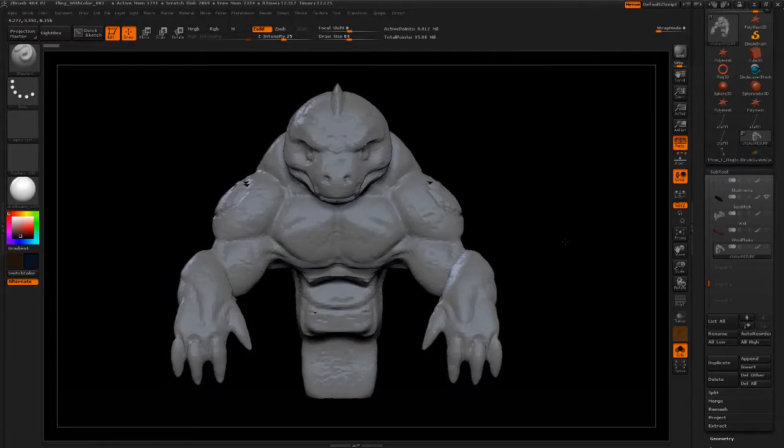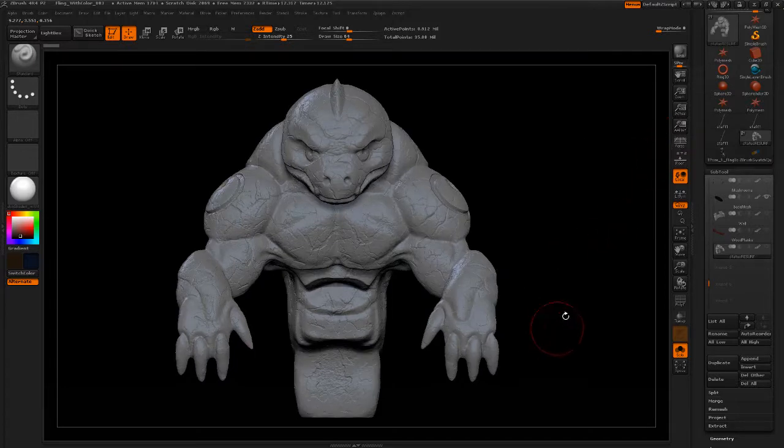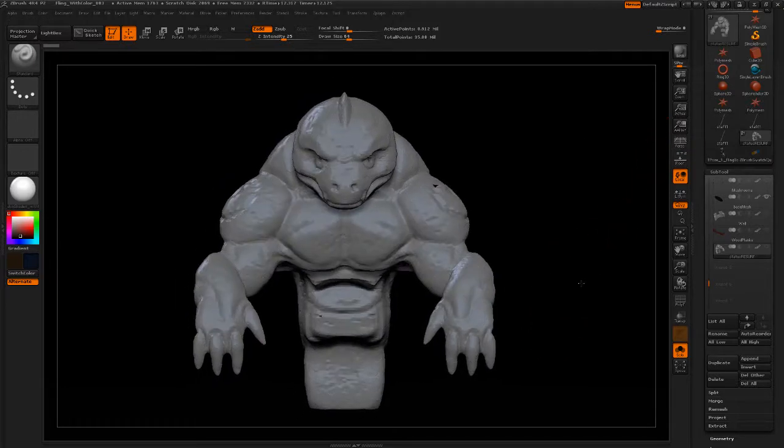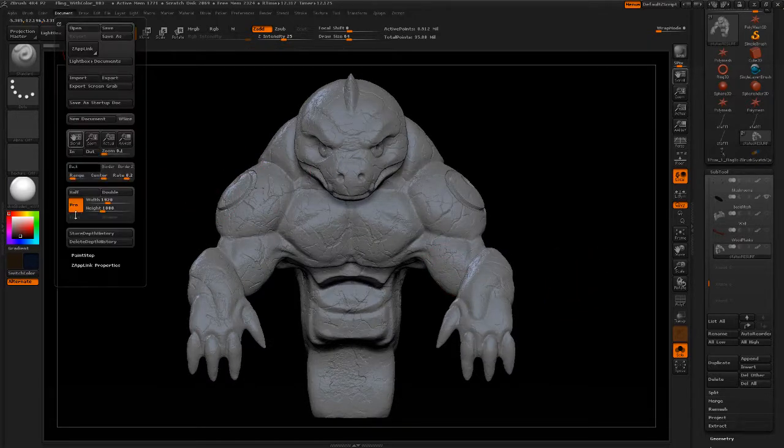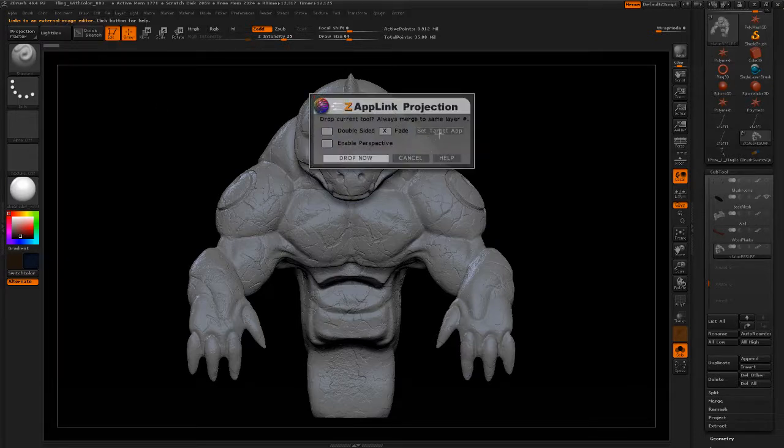The next thing I'm going to do, I'm going to turn off perspective. I've just had better results using this tool when perspective is turned off. Okay, so to go into this tool, some things that you might want to think about before you do this. Your document size, whatever your document size is set to right here, that's what's going to be kicked over to Photoshop, or your other paint program. So I've got mine set at 1920 by 1080, and that's giving me plenty of resolution. Then the next thing I'm going to do is click on the Zap Link,